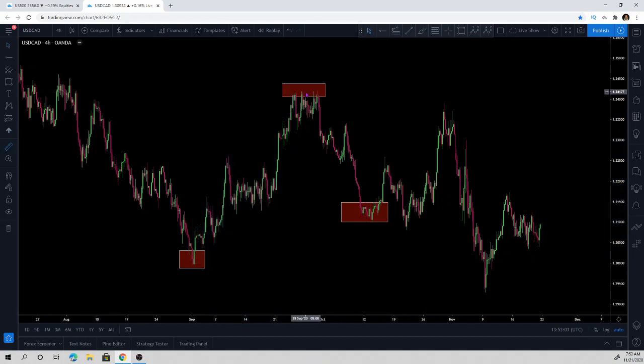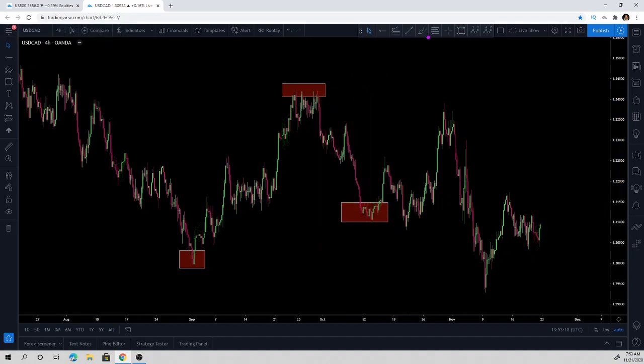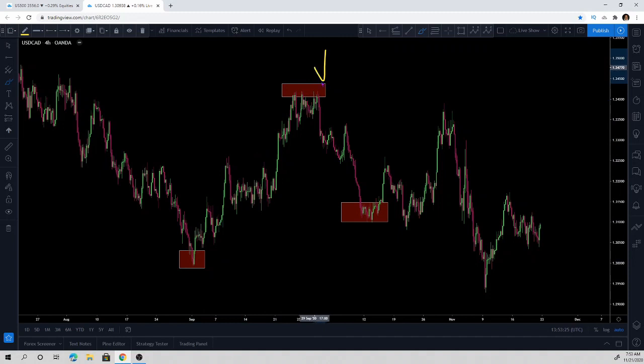And then, with a 423 pip move to the upside, you can say that bulls were in control. And then we had a pullback, a 318 pip move to the downside. Now, after bulls were in control of this market, here is where we saw sellers jump in. And bulls were unable to swipe all those sell orders to continue moving price higher, and then sellers took control